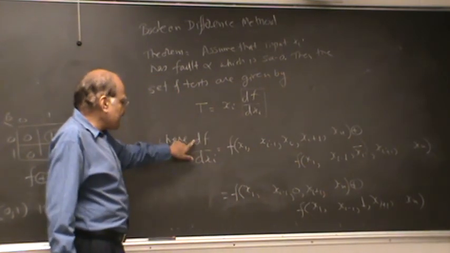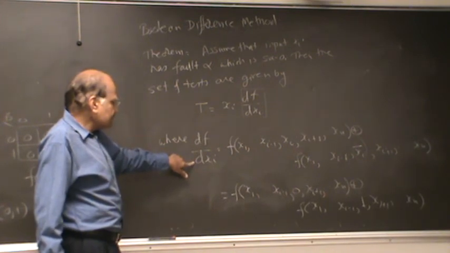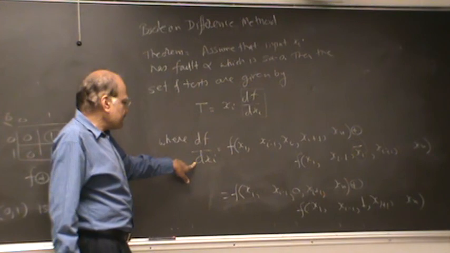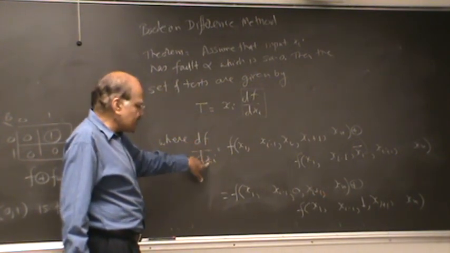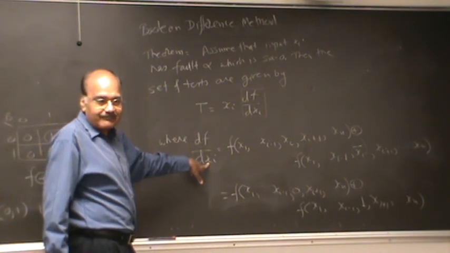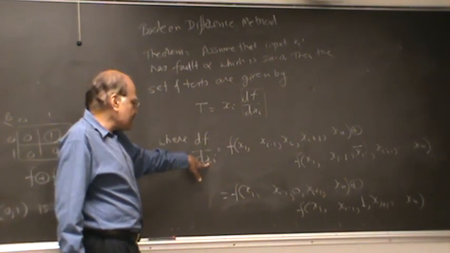Notice that the meaning of this is, so this is a set of conditions for which f is sensitive with respect to x sub i. This is what we mean. So a set of all conditions for which